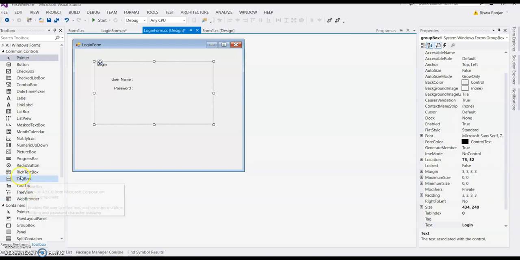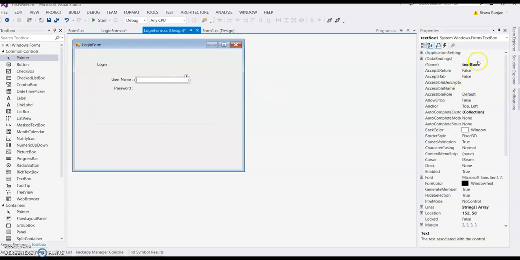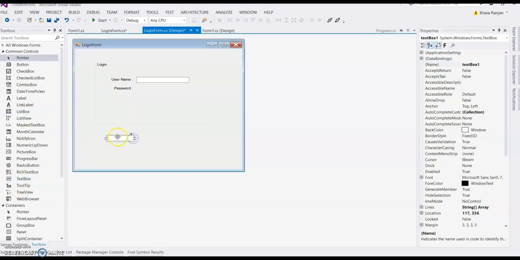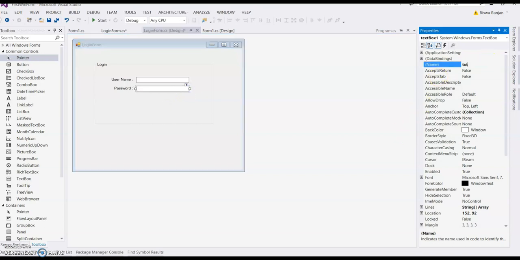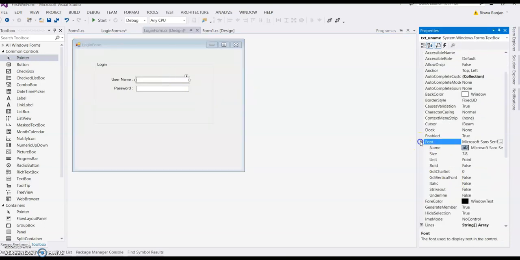So one more thing, I will add a text box. Txt username, txt password. Here also everything's the same font. You can change font color.